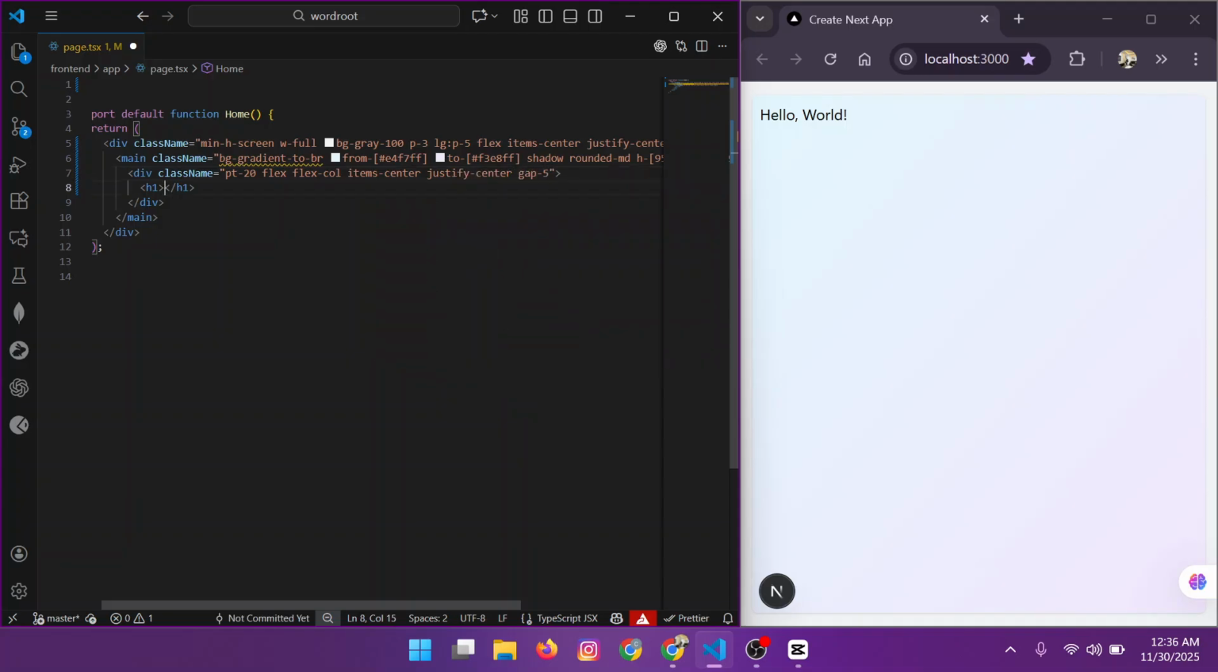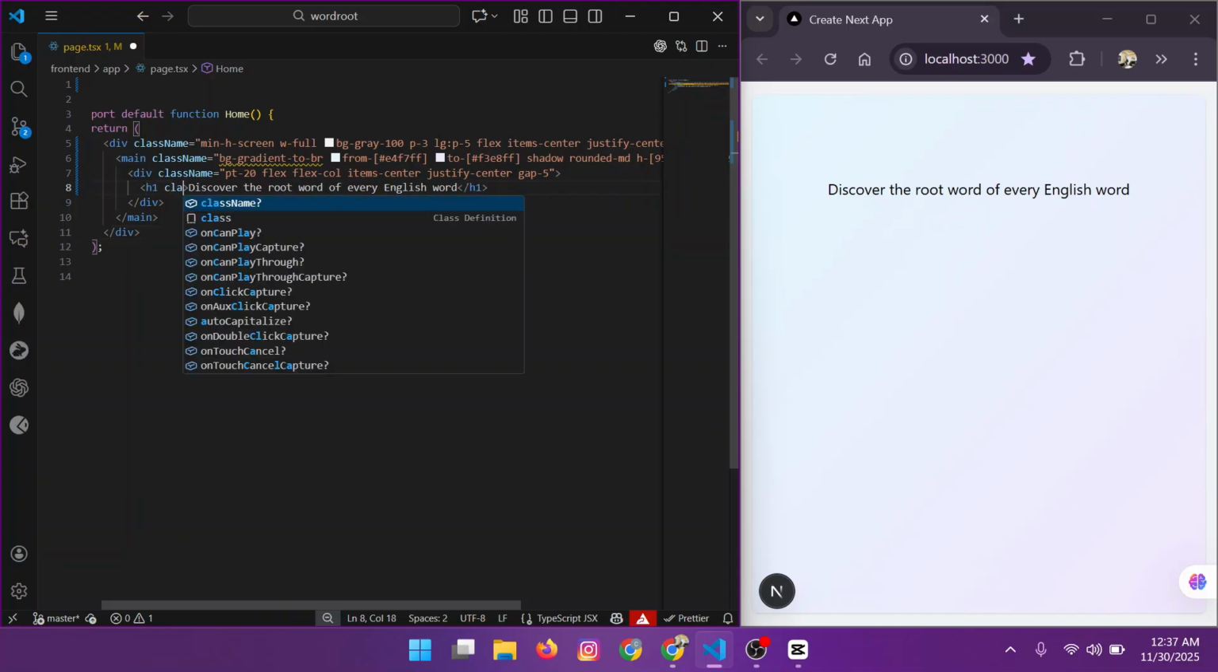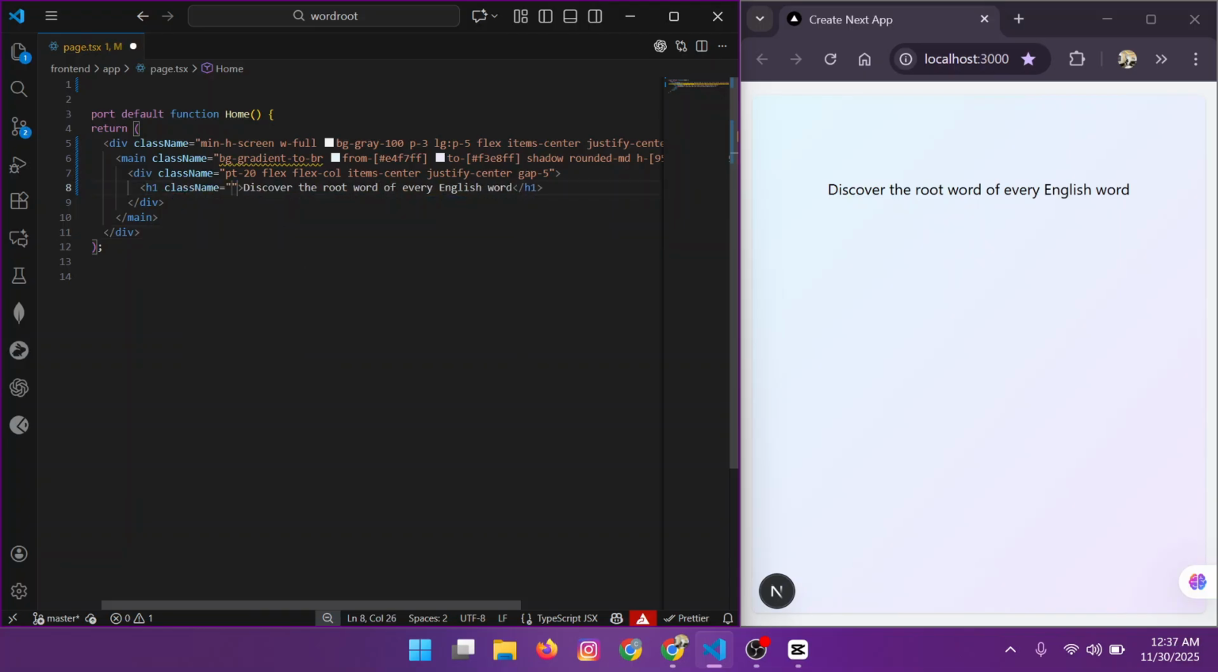Inside the H1 we'll write "Discover the root word of every English word." Every English word, because I was doing it for English words for now. In your own time, once you learn this, you can actually do it for other languages if you want. So for the class name, we have font medium,